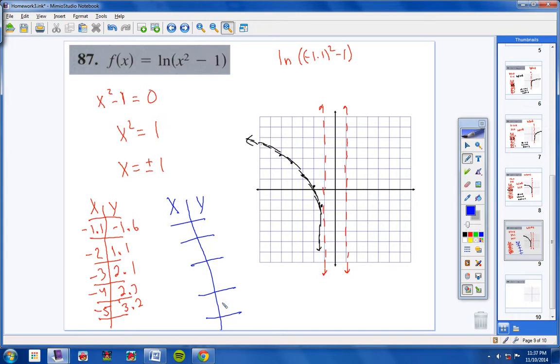And here we go. Go a little bit past the 1. So 1.1, and then 2, 3, 4, 5. So look at our tables here real quick. And what do we have? 2 would be